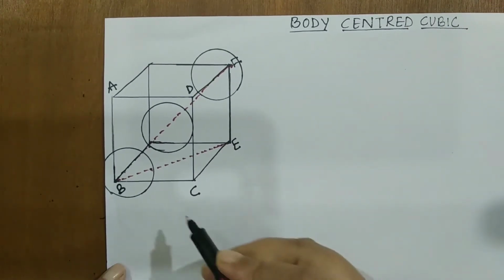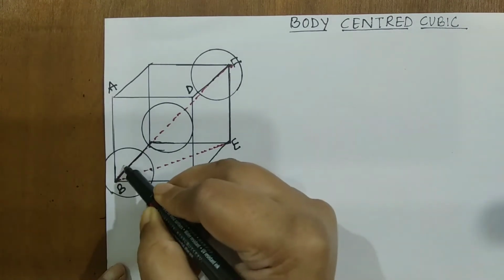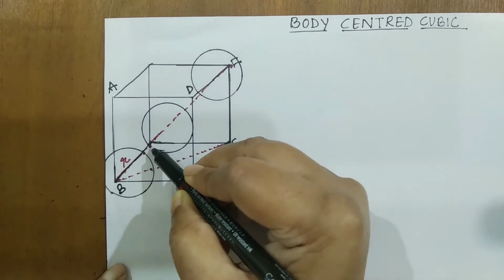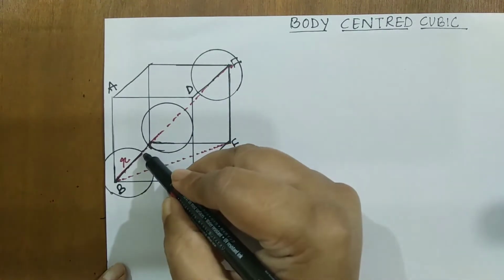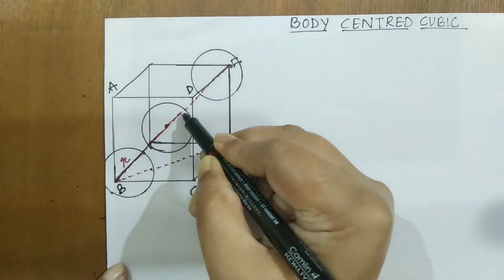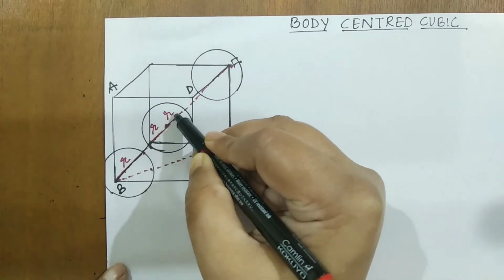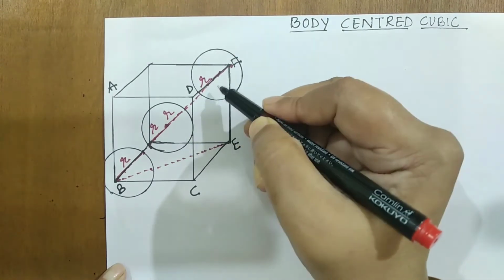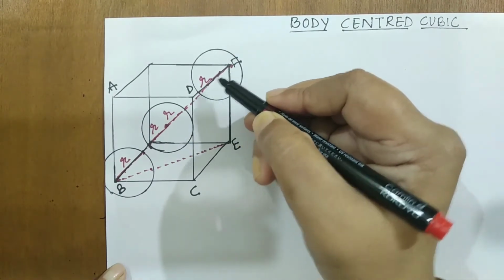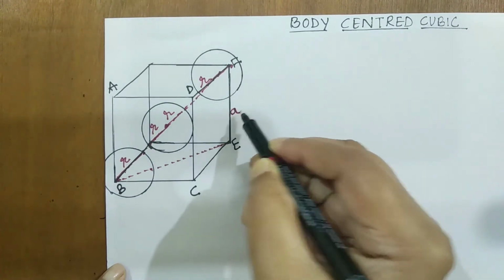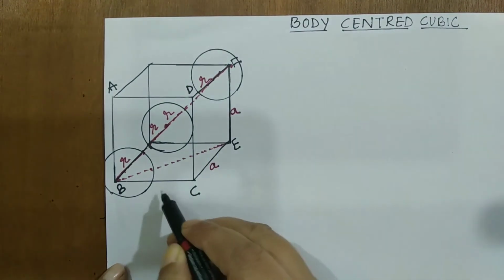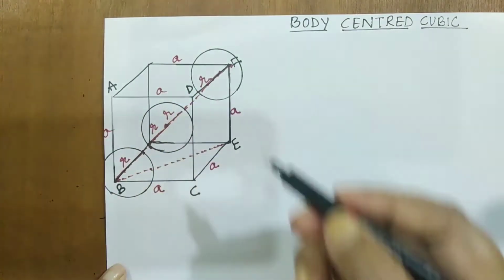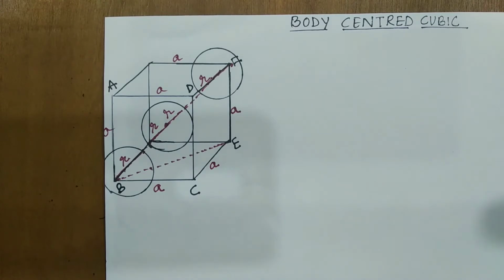Now one very important thing is, if I call this R, this is the radius, then this will be 2R, this will be R, and again this atom's R will be included. So this is what we will have as 4R. Now I will call the edge length A, so all edge lengths here will be A. So 2R is equal to A. So this is what the diagram is.